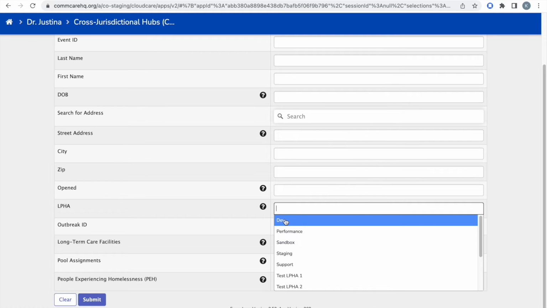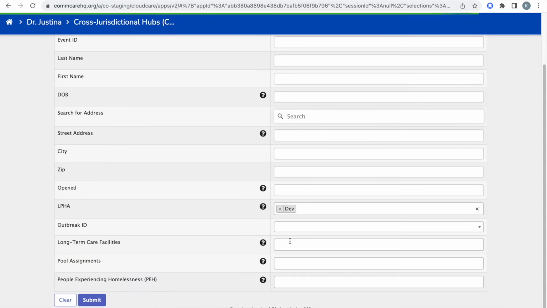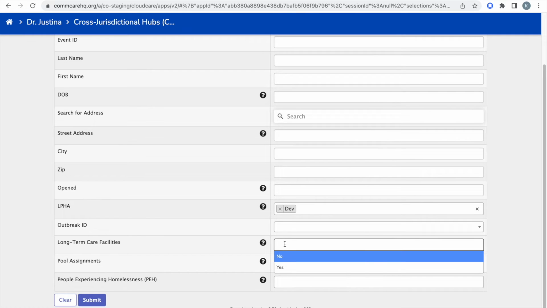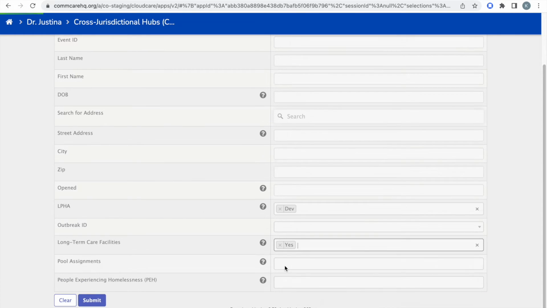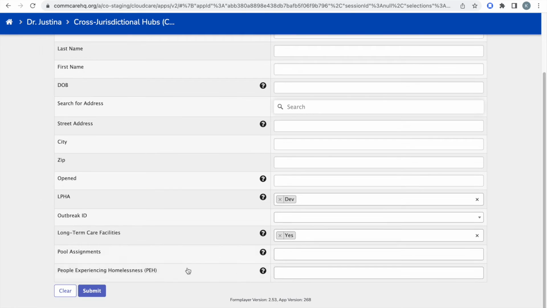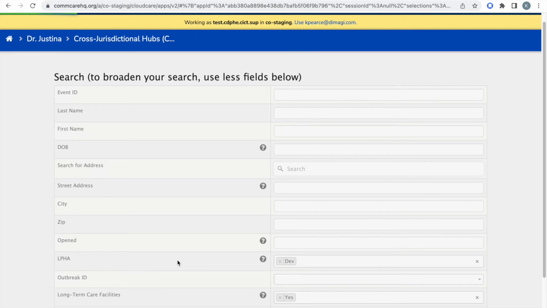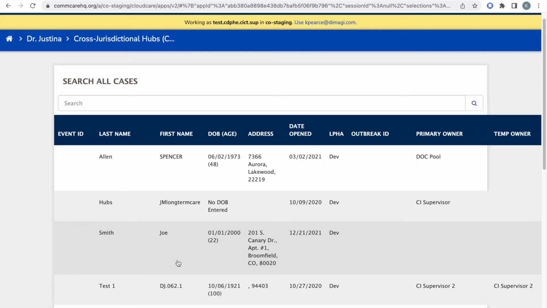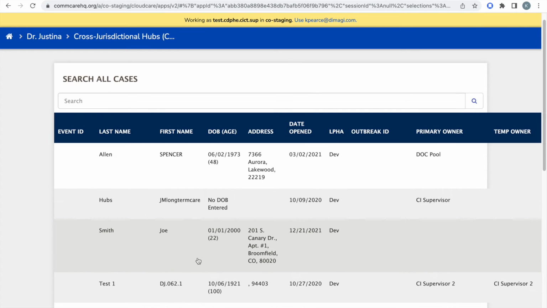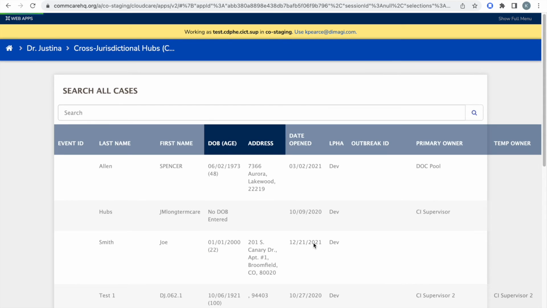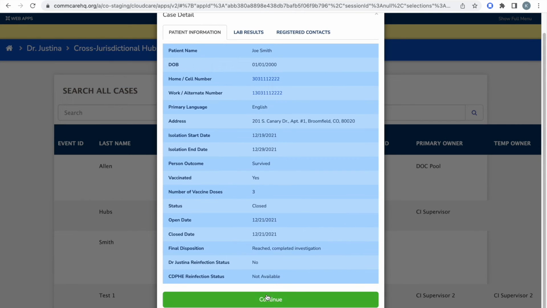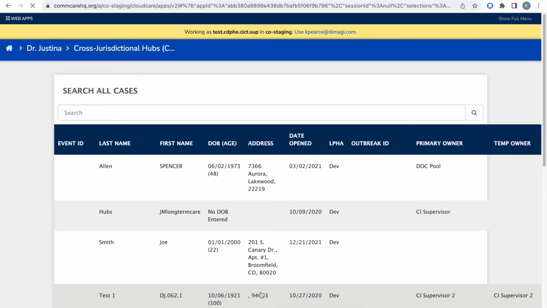So I'm in staging, but I'm going to only look in dev, which is a different test domain. So let's say we want to look at long-term care facilities. Yes. And so now when I submit this, I'll be able to see cases in this other LPHA, or in this case, test domain, that are in long-term care facilities. So let's say I click on this Joe Smith, who is in this dev domain. When I click on Joe Smith,